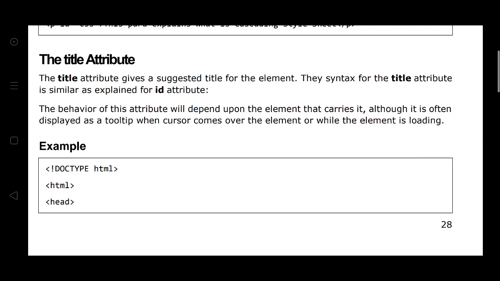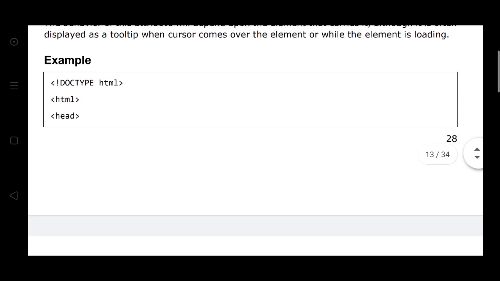The behavior of the attribute will depend upon the element it is set on. Although it is often displayed as a tooltip when the cursor comes over the element or while the element is loading.